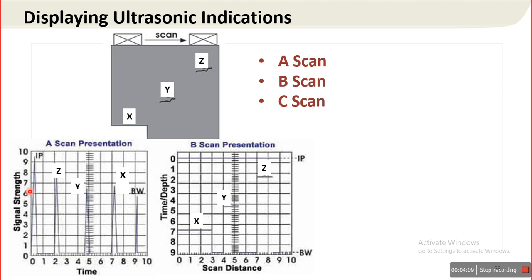And on the horizontal axis, it is elapsed time, which may be related to traveled distance within the material. So this horizontal axis gives us elapsed time in case of A scan presentation.